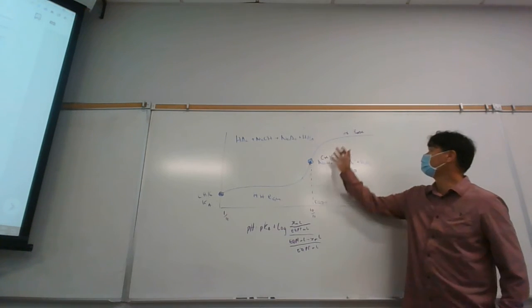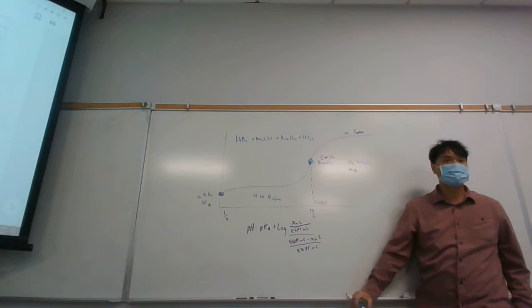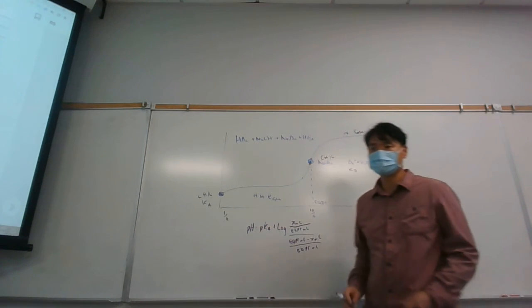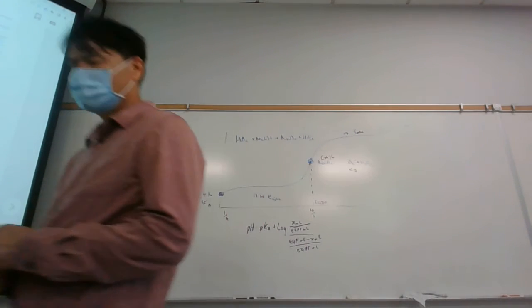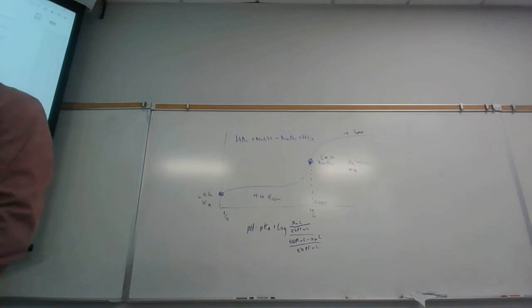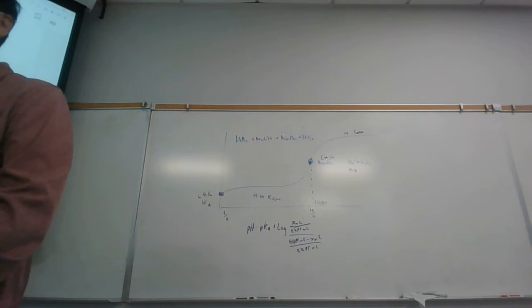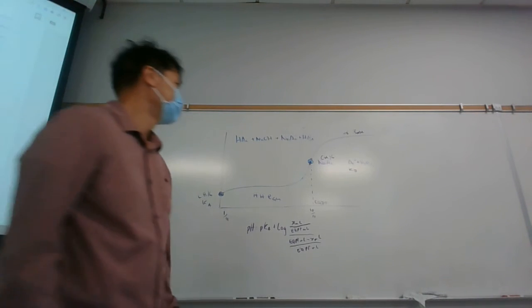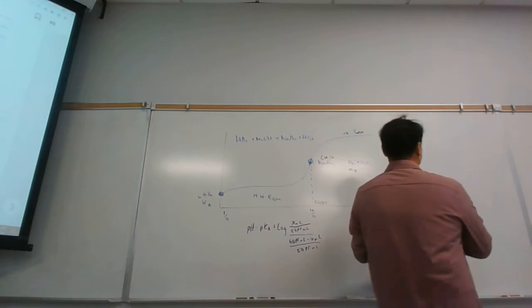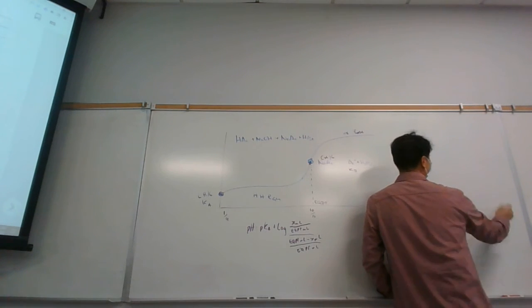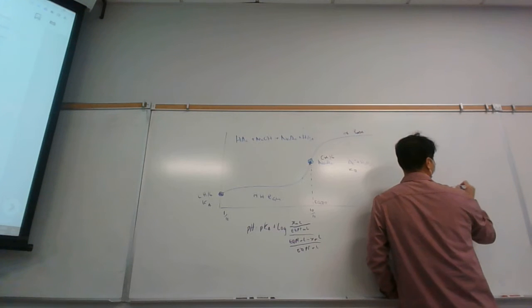But there are shortcuts, even in the excess base region, like millimoles and that kind of stuff. But I didn't go through those. I just did it to write them. So you should be able to do equivalence point. Now, the difference is, this is equivalence point. If we have a diprotic acid, then the first equivalence point